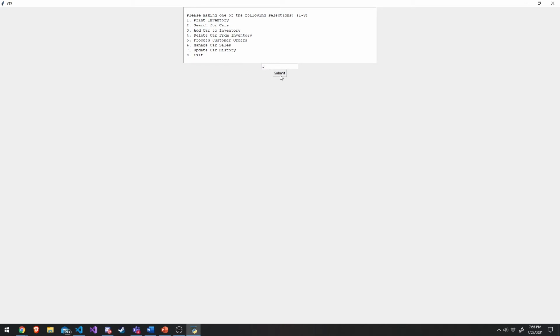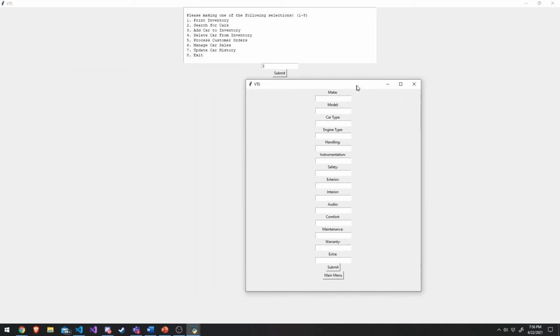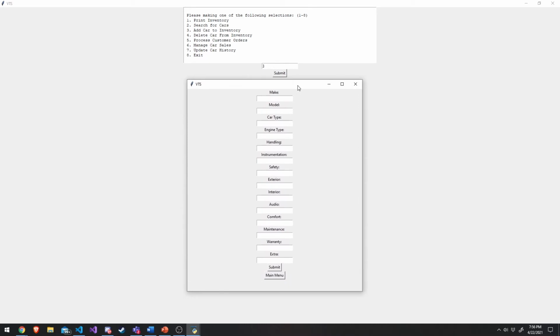So this time, let's add a call. When you add in a call, it opens up an additional window that shows all the requirements that you have to input for it to add a call. We can just put in any random call. Let's do another Nissan Sentra, Nissan Altima. Call type, gas, engine type sedan, handling,